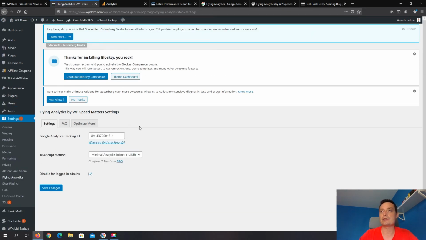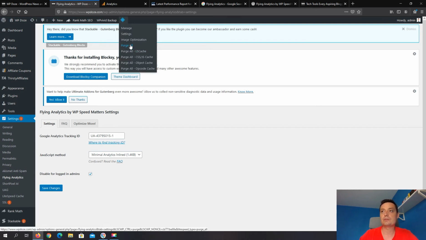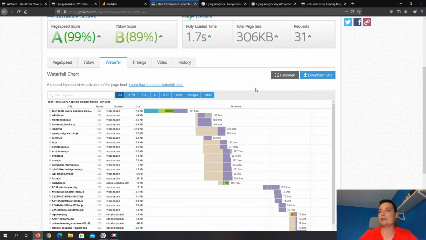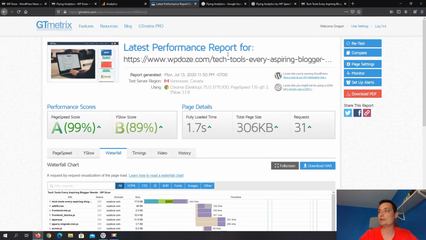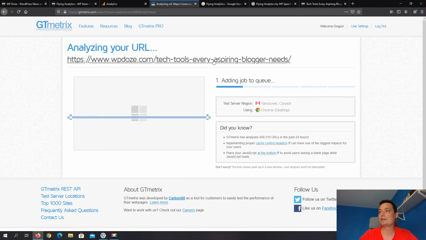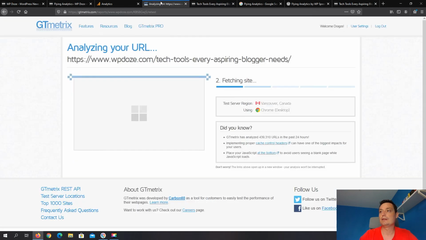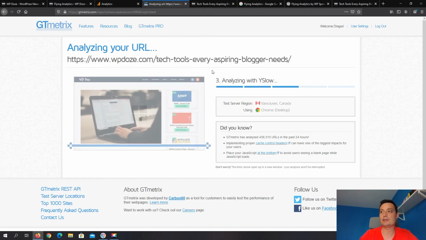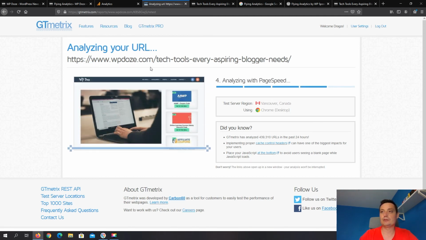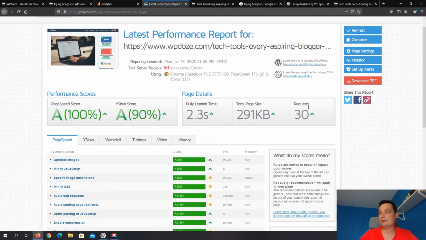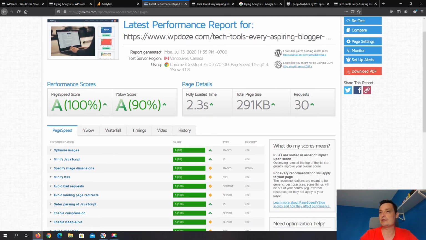So right now we have the plugin installed and configured. I will clear the cache, and what we can do next is a retest to see what is happening. I will hit retest. I think I'll need to do it maybe 2 times for the cache to be populated. Let's see the new results. The size of the website should be smaller, and the requests should be fewer. Right now the site is loading in